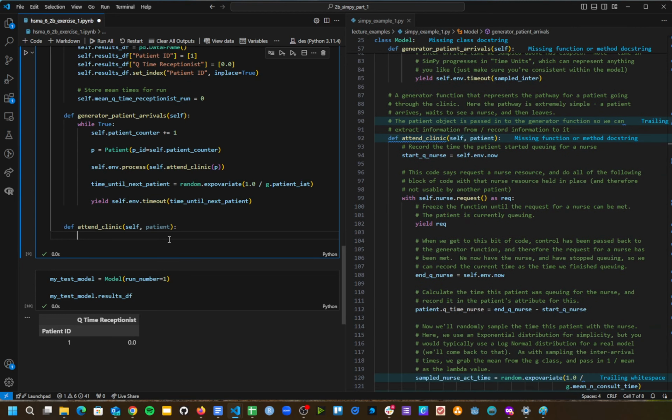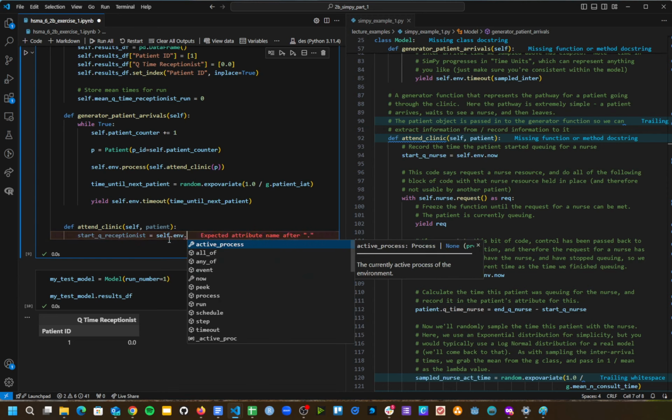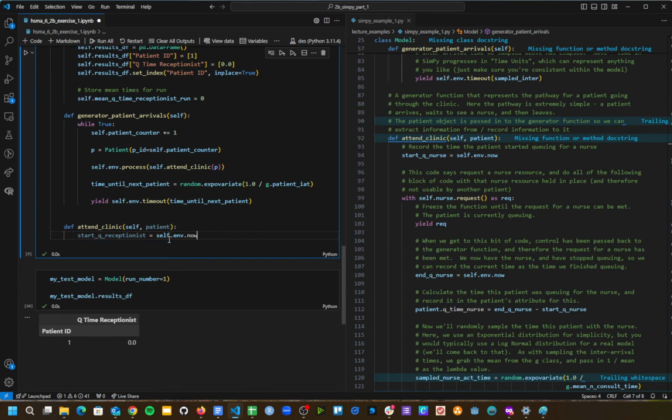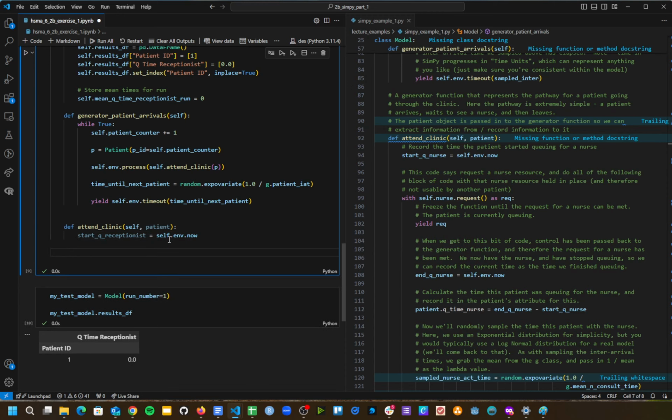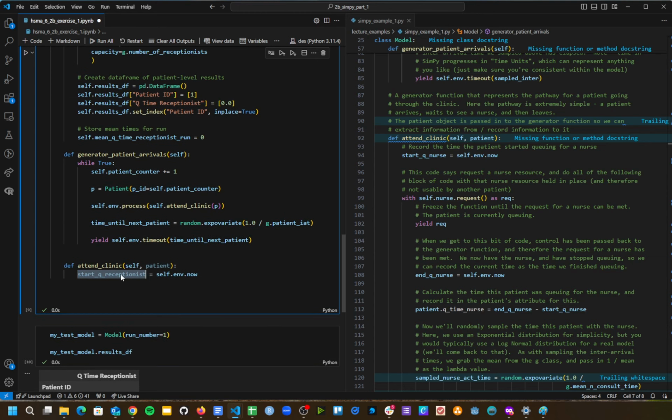So now we actually need to do something with these people while they're at the clinic. First thing I'm going to do for this individual patient, I'm going to go, when did they start queuing? So we're going to keep track of when they started queuing for the receptionist. Self.env.now. So don't worry, basically we're doing this, instead of saying self.queueReceptionist, we haven't stored that anywhere. We haven't stored that as part of our method,